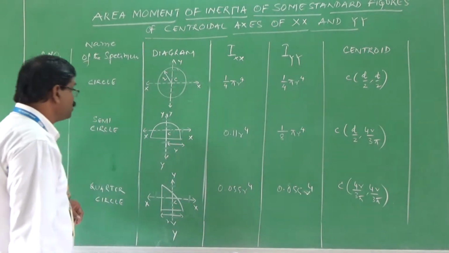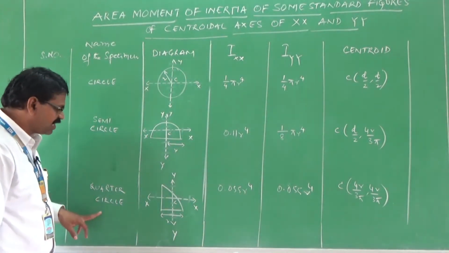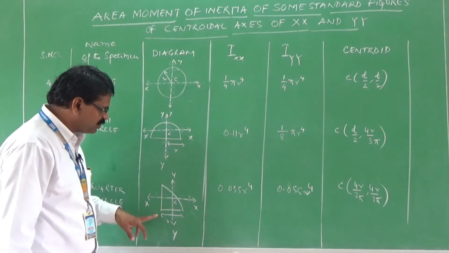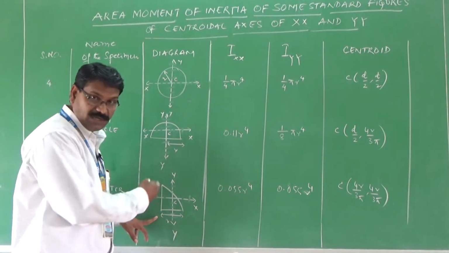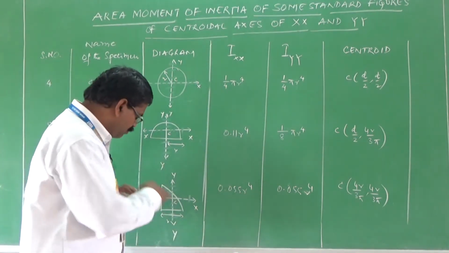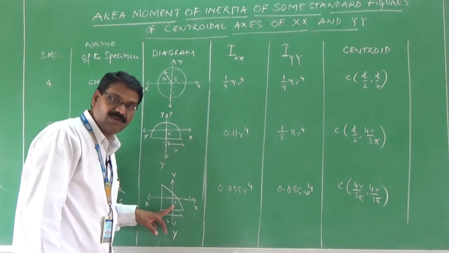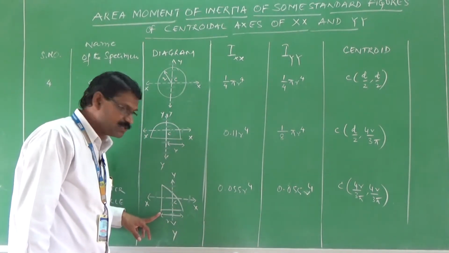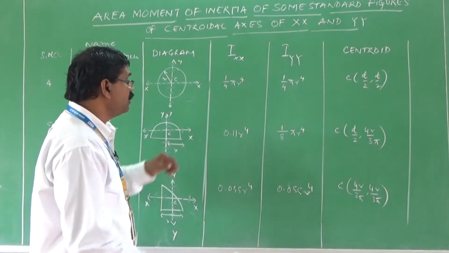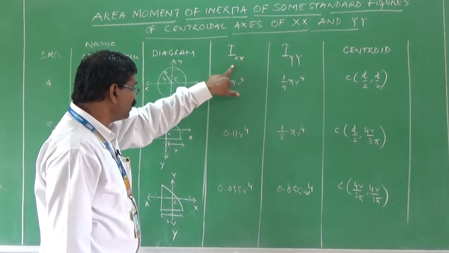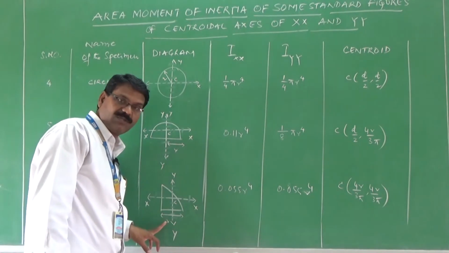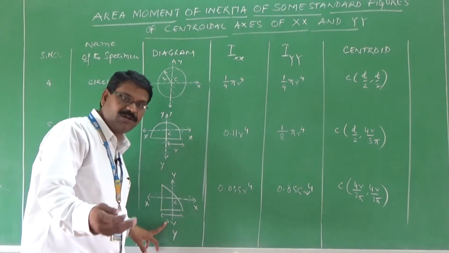Coming to the sixth specimen, which is known as quarter circle. The quarter circle is represented like this. Again, the quarter circle is divided into two major axes like xx and yy. C is represented by the centroid of this particular quarter circle. And if you want to find the moment of inertia with respect to x direction of this particular specimen, the quarter circle, we have a stipulated formula that